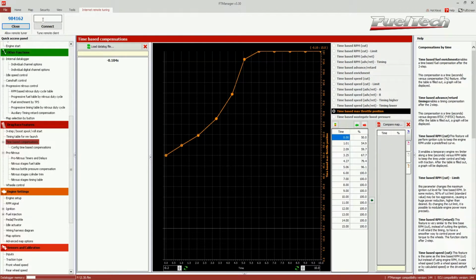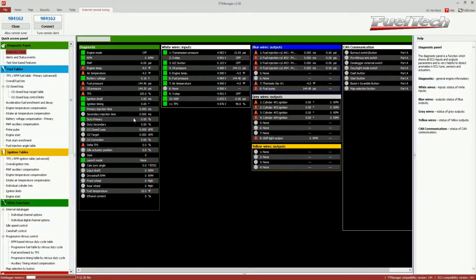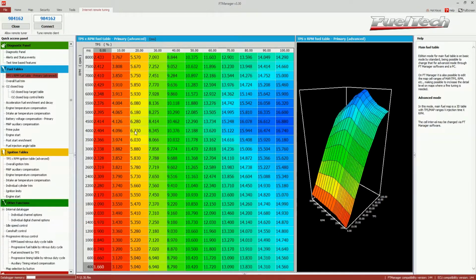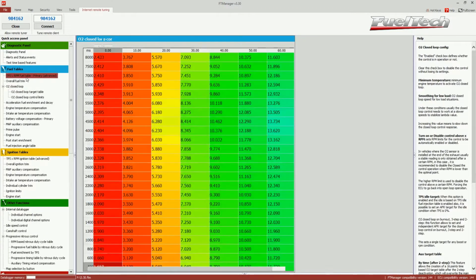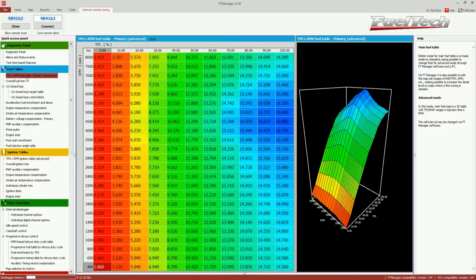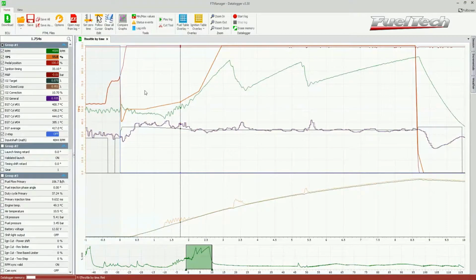The tuner will then enter this code right in this field and click connect. Once the tuner hits the connect button, you will have access to all the features on your computer. So you can see all diagnostic panels and information in real time. You can edit all the fuel and timing tables in real time as well. And it can send you files, map files, or any kind of file. It can download maps from your ECU and to your ECU, and the tuner can even download data logs that you just recorded on your